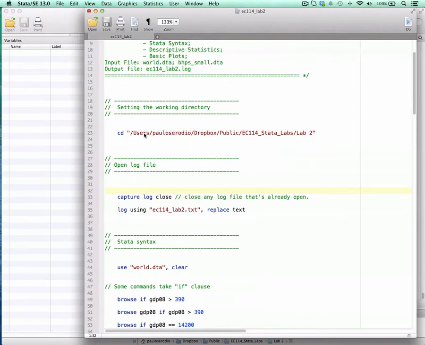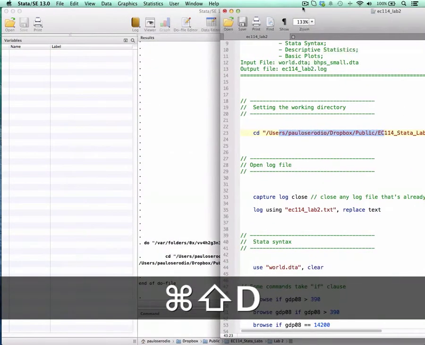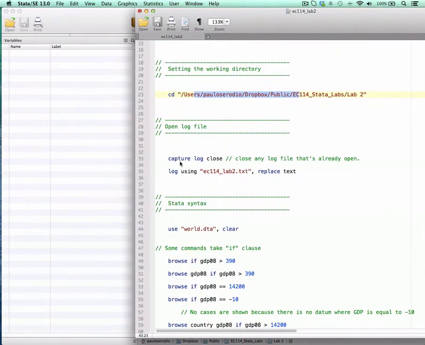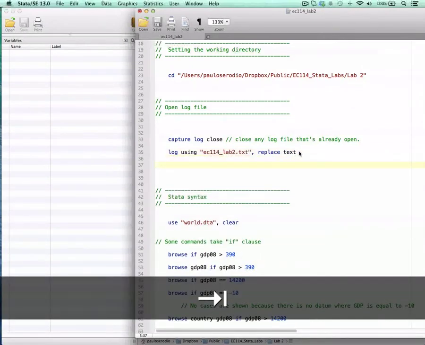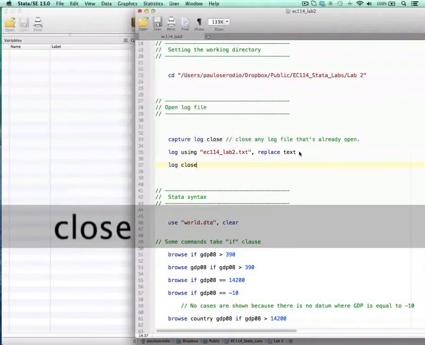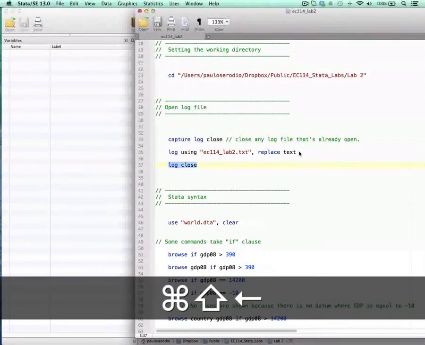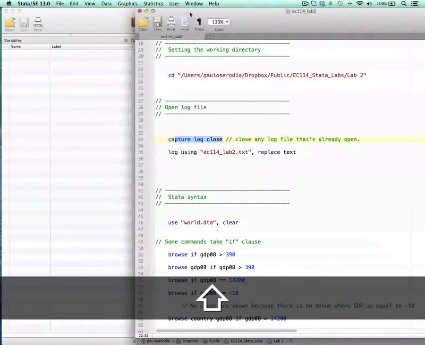So we will start by setting up our working directory in the same manner that I explained in the last lab. We'll also open our log file. I forgot to mention that every time you finish a session, you should close your log file, which I didn't do in the last video. You simply close the log file you're using by typing in log close. And if you run this, you will close your log file and store all the information in the file you created here. So here we'll close any log file that can be open,